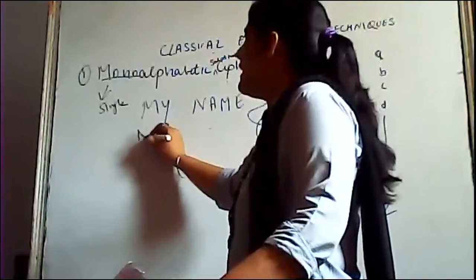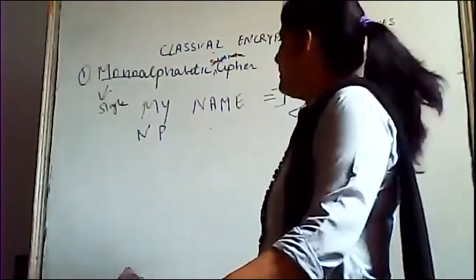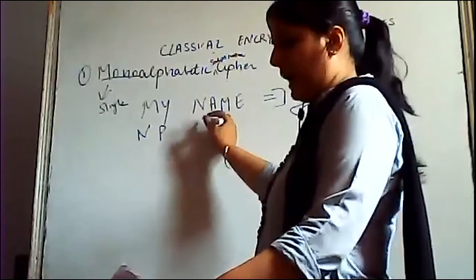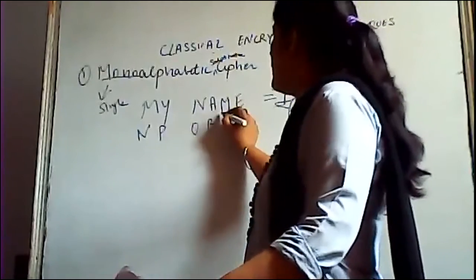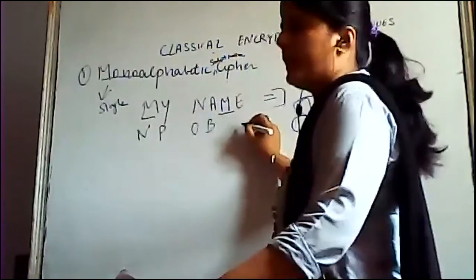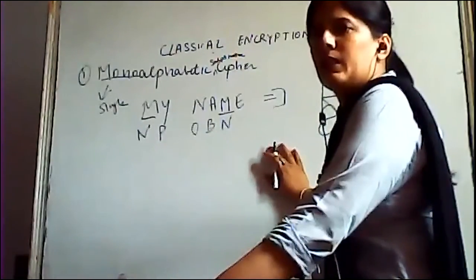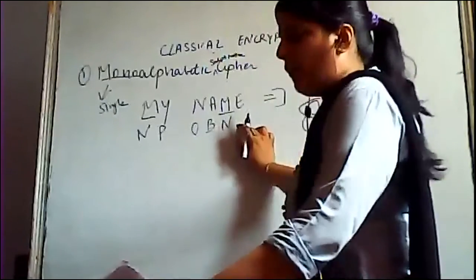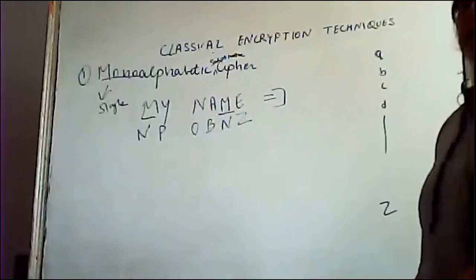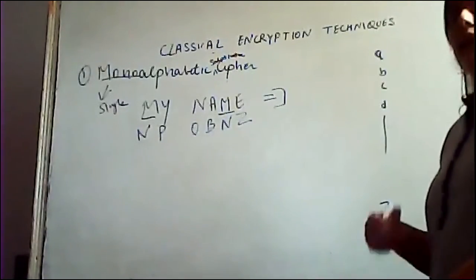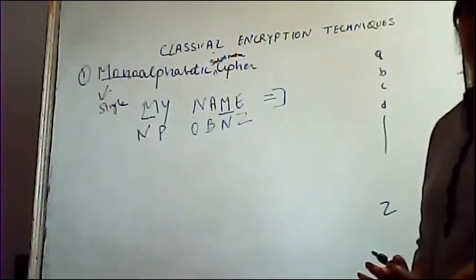another word that is N. ठीक है? Y I am replacing that Y with P. Similarly, for that N I am using some another word that is O. For A I am using B. Now see, again we are using this M. And for that N I will be using N. Here, and for E alphabet I can use any word Z. So single substitution is there, and that substitution should be followed every time whenever that particular character will be repeated. That is mono alphabet.